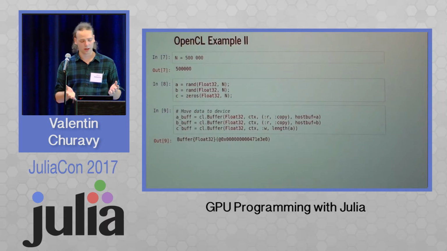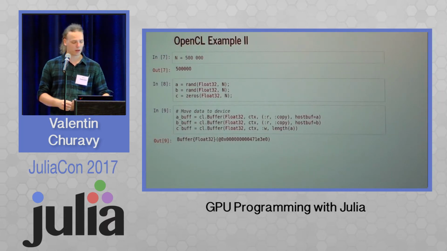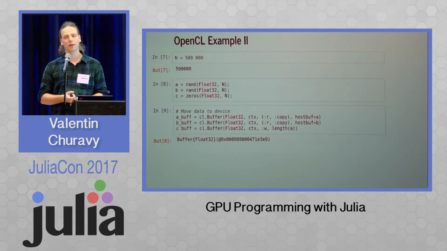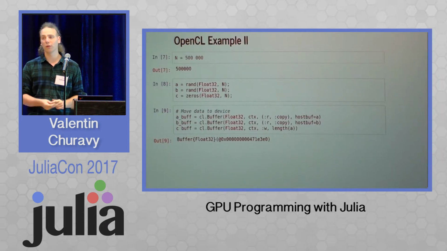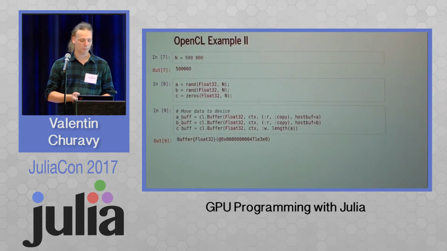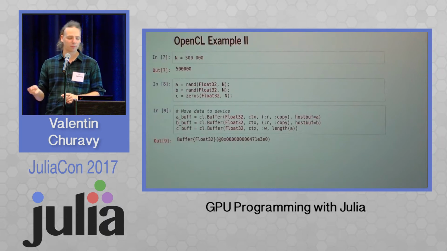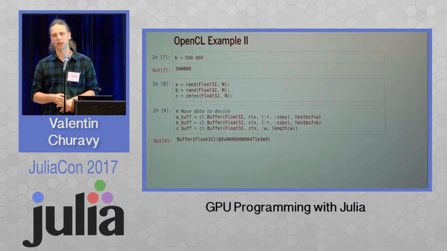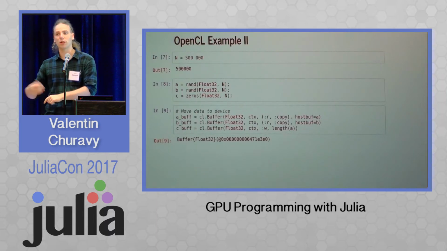And in OpenCL, these are called buffers, and they have an element type, they have a context that they live with, and then you can say, wait, this is a read-only buffer for the GPU, which is backed by a host buffer, or this is a write buffer that can then be written to at